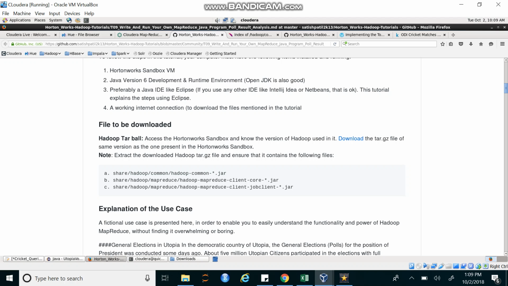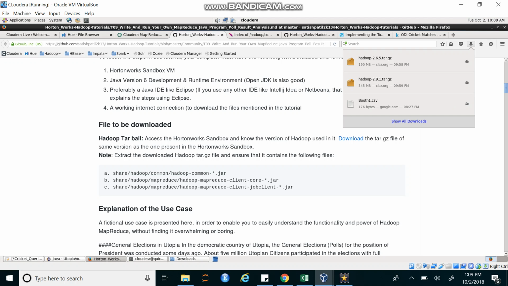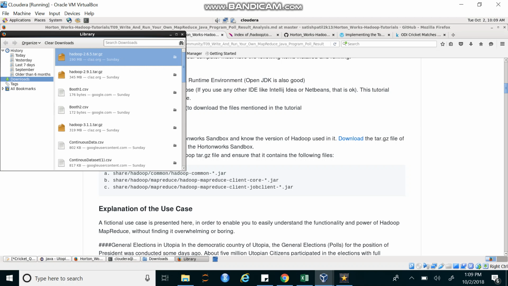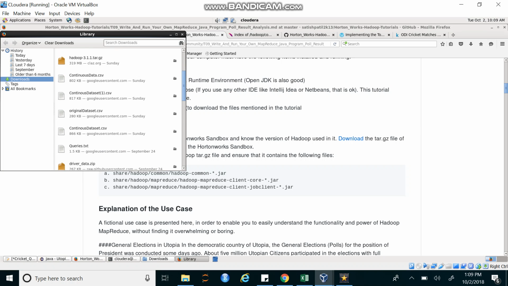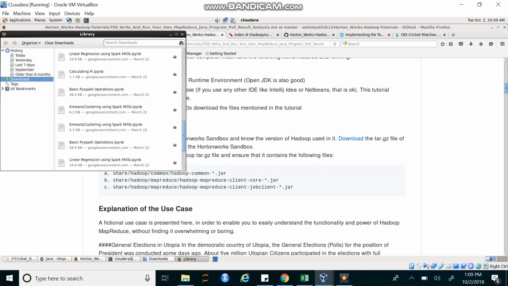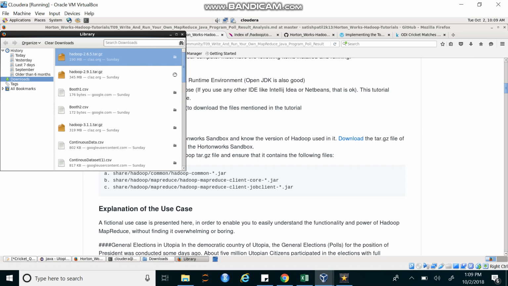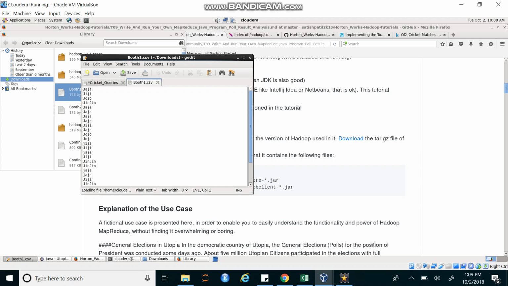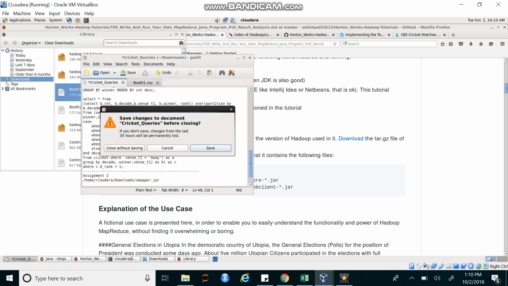So what we have basically done is we have created a CSV file for this election poll results, and I'll show you one of the booth election files, which looks somewhat like this. And we'll be counting the results. This is just a sample. This file could be very large,